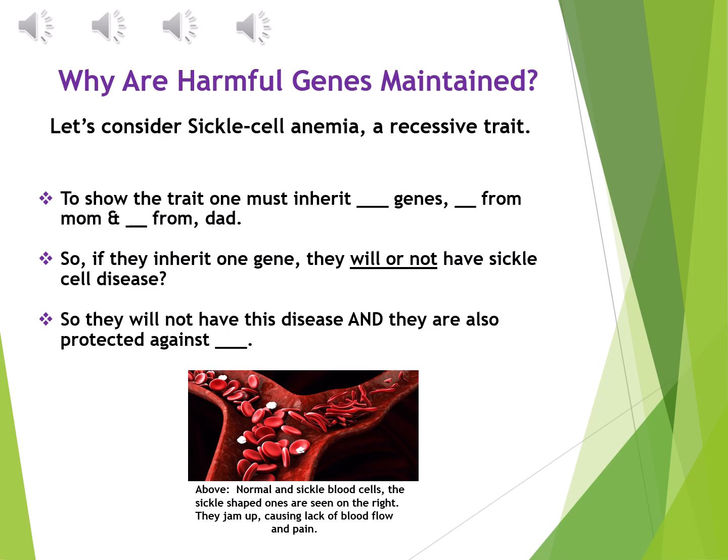So let's see how you did. To show the trait of sickle cell anemia, one must inherit two recessive genes, one from mom and one from dad. So if they inherit one gene, will they or will they not have the characteristic, that is the sickle cell disease itself? The answer would be no. They have the gene for it, but it won't be expressed. So they will not have sickle cell, and for the next question, they are also protected against